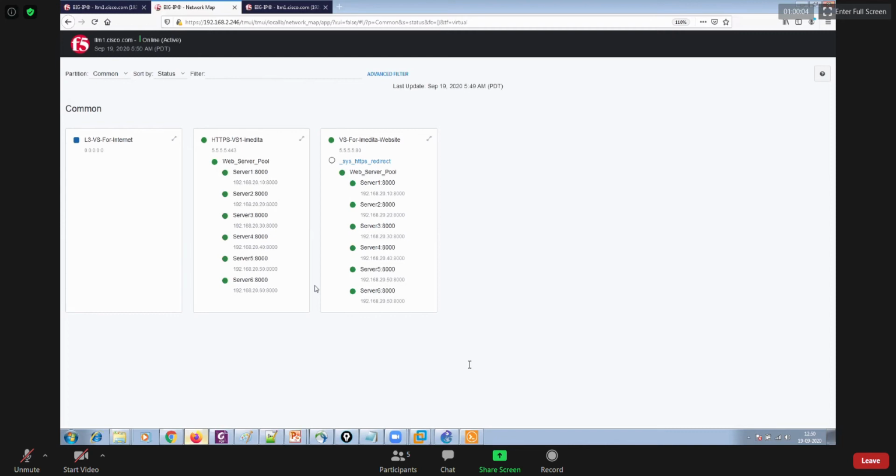So if the website is not accessible, the end users are going to raise a complaint to their internal IT help desk, and thereafter they will perform some basic troubleshooting and hand it off to the network team. And the network team will also check, hey, we do have end-to-end connectivity. It looks like it's a load balancer issue. Then they will connect with the firewall and load balancer teams, right? And then the load balancer team will get logged in to the Big-IP, and then they will directly go to this.